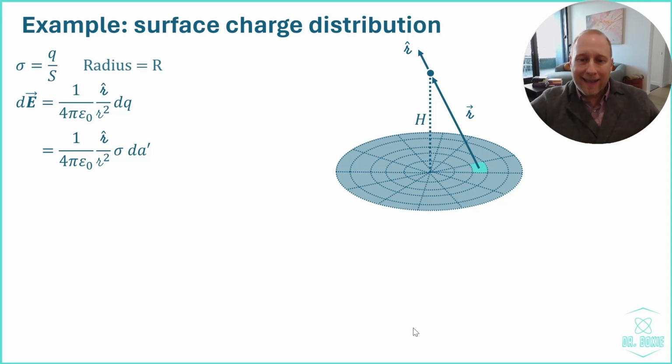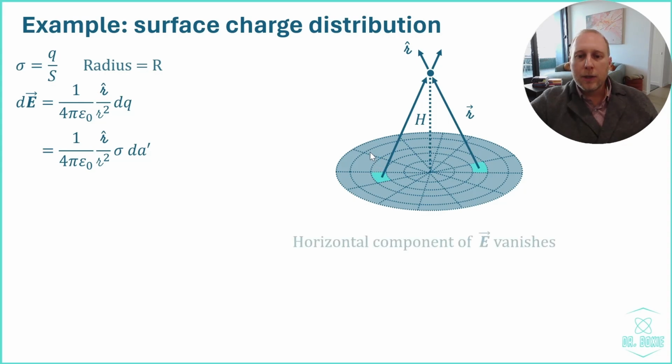Now, notice that again we have a cancellation happening. On exactly the opposite side of the disk, there is another portion which creates an electric field whose horizontal component cancels the one that the original portion of area created. So once again, the horizontal components of E vanish, and therefore we will be left with a vertical component of